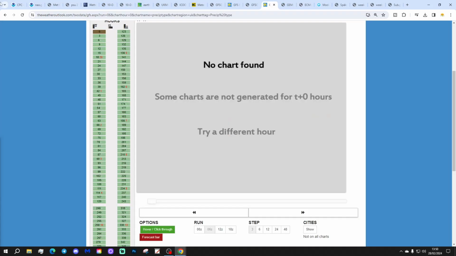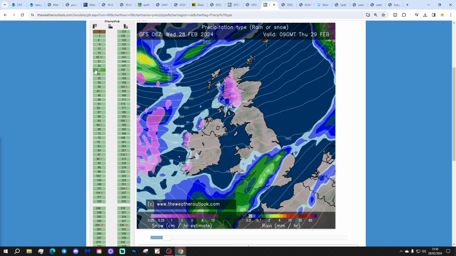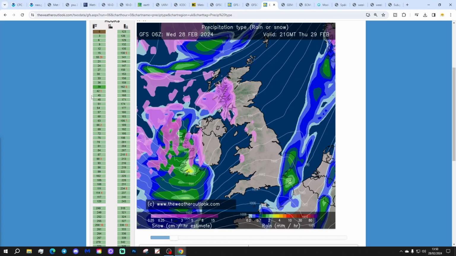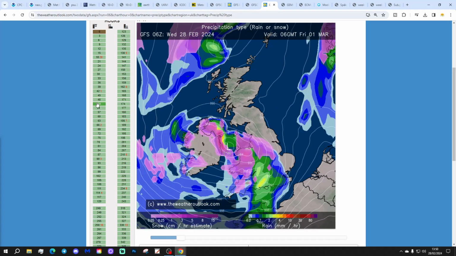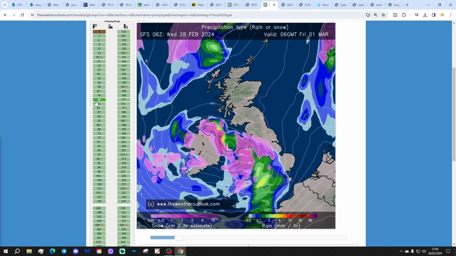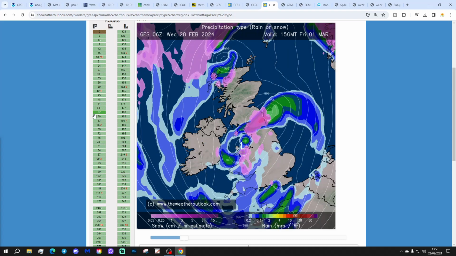This precipitation forecast based on that GFS 6 run. Again, we've got plenty of wet weather to come through the rest of the day, and particularly tomorrow in the south and the southeast. Once that gets out of the way, then we're into these wintry showers potentially on Friday. So we've got an area of low pressure zipping through on Friday morning. That brings heavy rain to the south, but there is some snow there through Wales, possibly the Midlands, Northern England, and Northern Ireland with that.